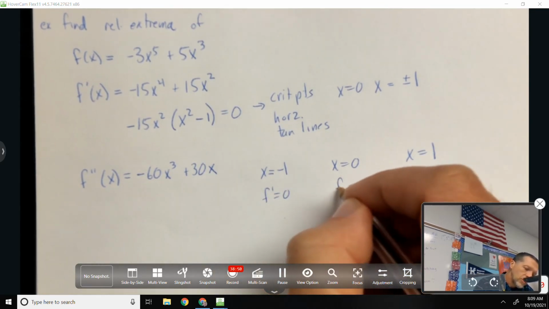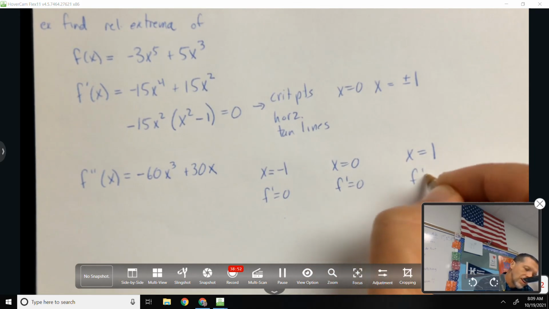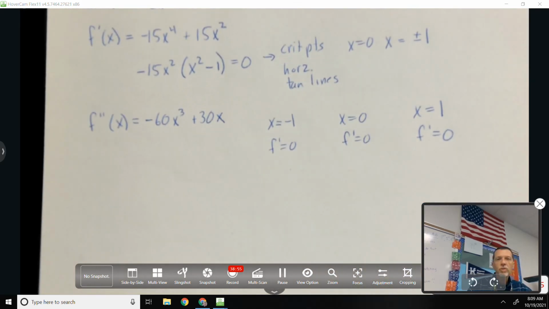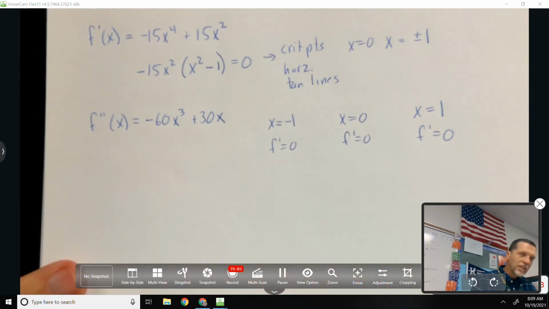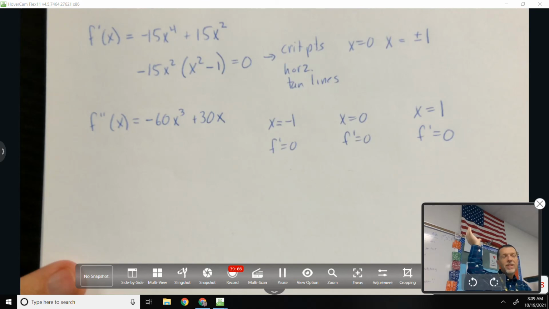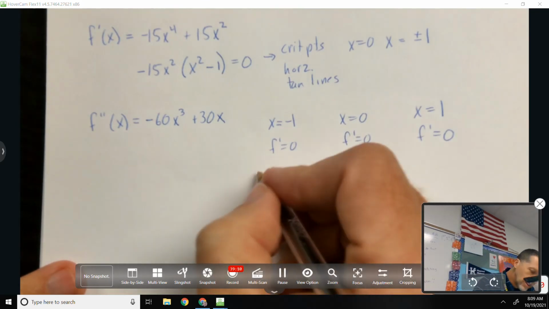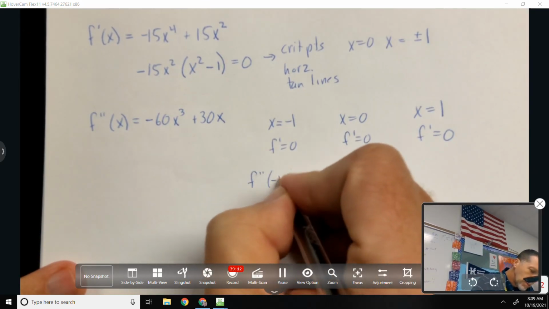So at those three spots, the first derivative is 0, so those are potential maxes and mins. Now let's find their second derivative, because that'll tell us whether we are at the bottom of the valley or the top of the hill. So f double prime of -1,